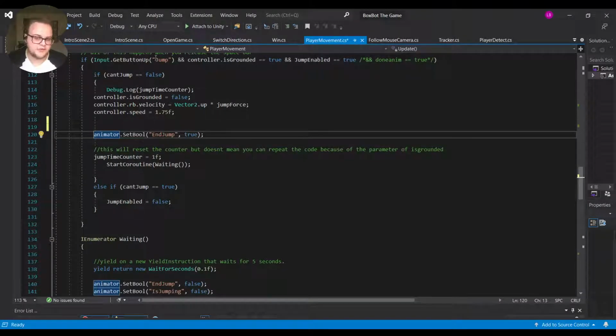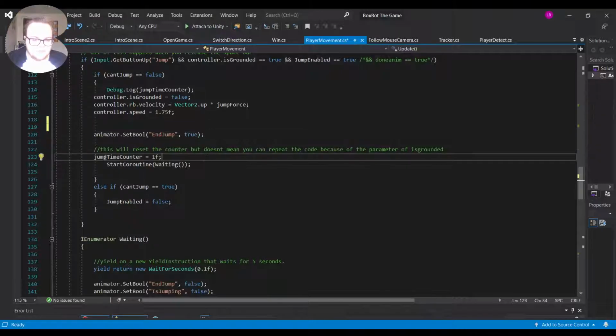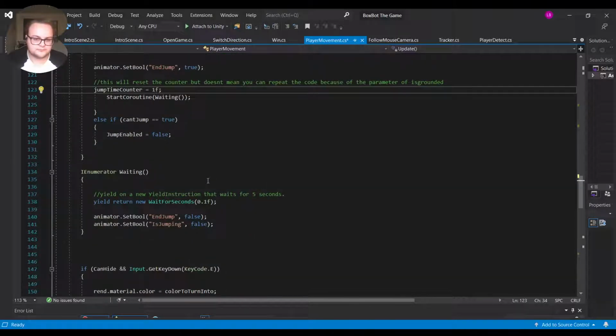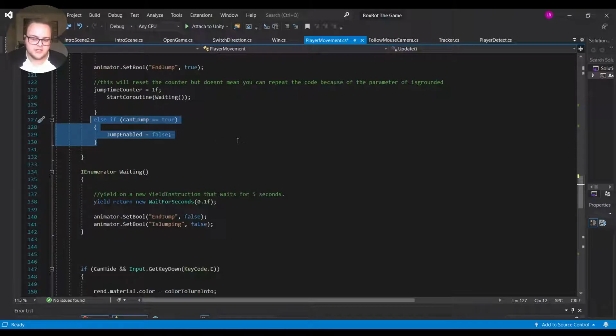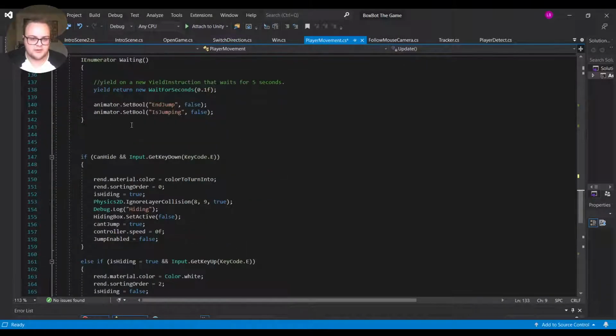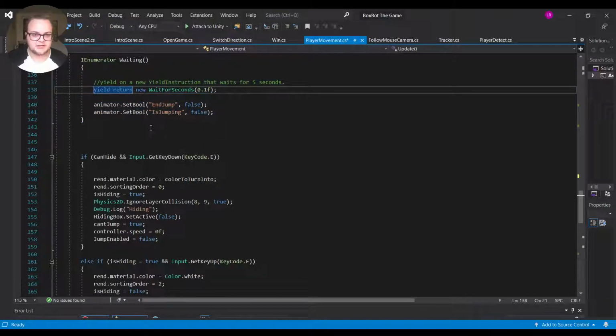So what happens is when you release the spacebar, it sets the ball end jump to true, which allows him to do the final push-up animation that is used in the game. And then of course it resets the jump time counter to 1 so that you can redo the script, and then starts waiting. Of course, the same aspect here is that if jump enabled is false, you can't do this part. And as I've already explained, this has been a repurposed waiting aspect, except that what happens here is that